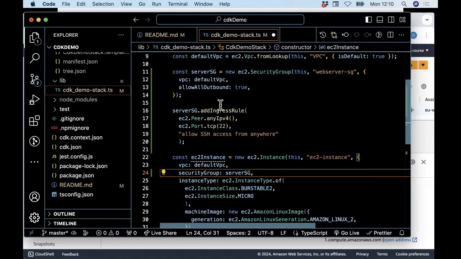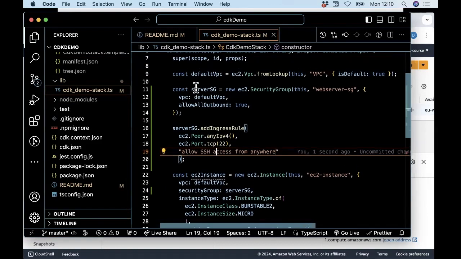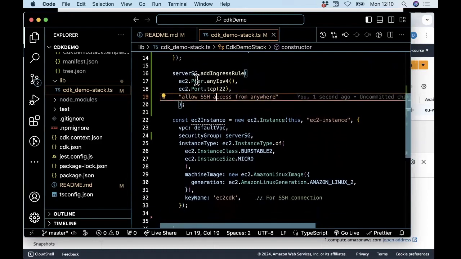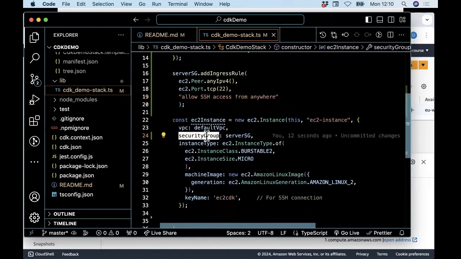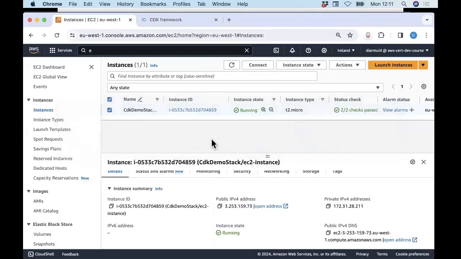Now, so I'll save that. So again, I've just created a security group, or firewall. I've added some rules to this firewall, and I've attached the security group to my EC2 instance, which means that it applies to it. Before I do a CDK deploy, I've made changes, and to have these changes applied, I just run the CDK deploy command again. But just before I do that, if I go back to the management console,